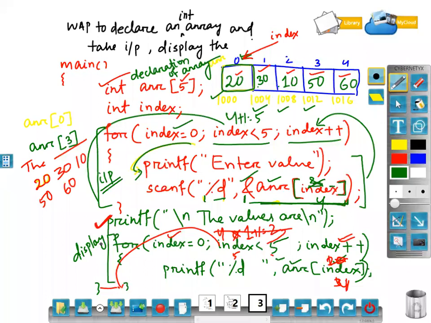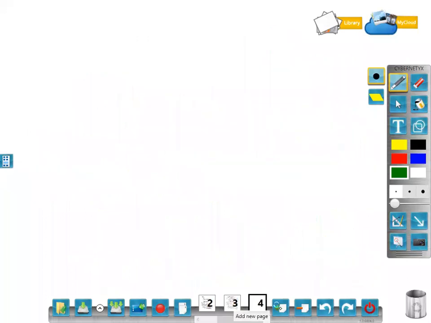After that, whenever you take input, you will take input from the 0th index. Maximum you can go depending on the size of the array. You are just implementing as you move ahead. Then similarly, while printing, you are doing the same thing. Once you solve some more problems on array, you can understand what the actual meaning of array is. Now check the application of array.